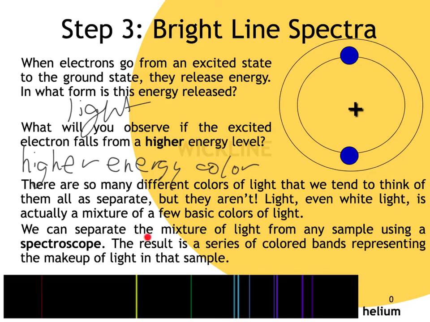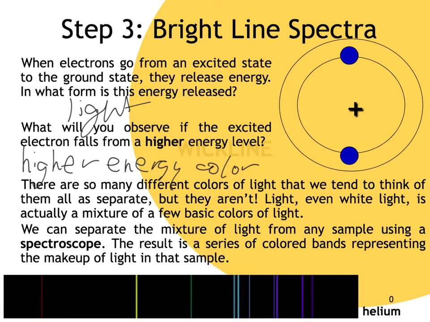So we can separate the mixtures of light from any sample using a spectroscope. The result is a series of colored bands representing the makeup of light in that sample. So when we do these electron excitation studies and they release this color of light, we try to acknowledge that that color of light that it's releasing is probably a mixture of colors. So we run that light through a device called a spectroscope, and it separates that light into a mixture of